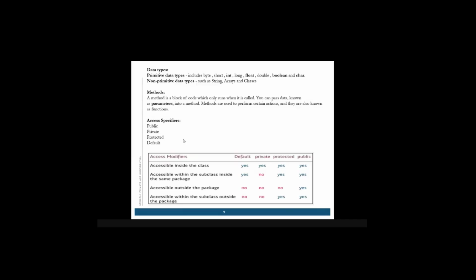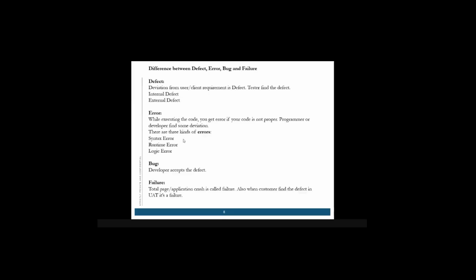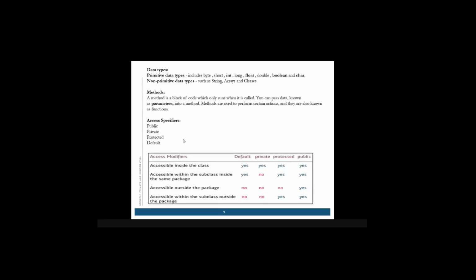Moving further, as in this example, I have told you about data types. We have two different types of data types: primitive and non-primitive.